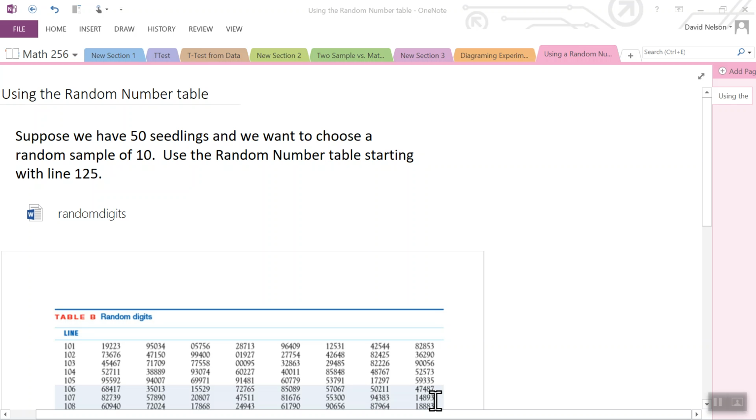All right, I wanted to do a quick video on how to use the table of random digits. Let's look at a situation where we have 30 seedlings and we want to choose a random sample of 10, and we're going to use a random number table starting with line 125. And so we're going to number those seedlings,